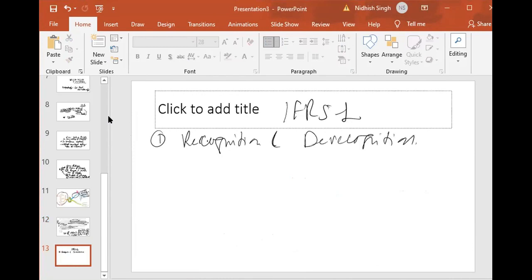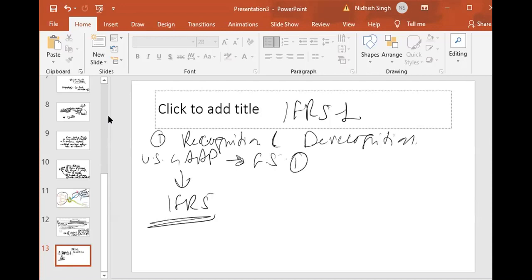Because imagine, let's take for example a US GAAP based financial statement, and you are converting that into IFRS. Let's start from there. What will be your concerns as the auditor? You should first say that, okay, so Nidhi, you had accounting standard in US GAAP earlier, so the asset,